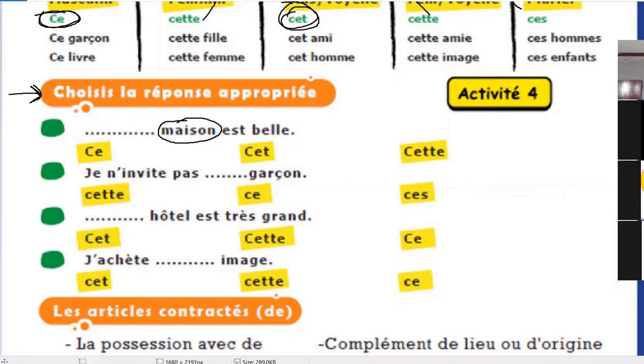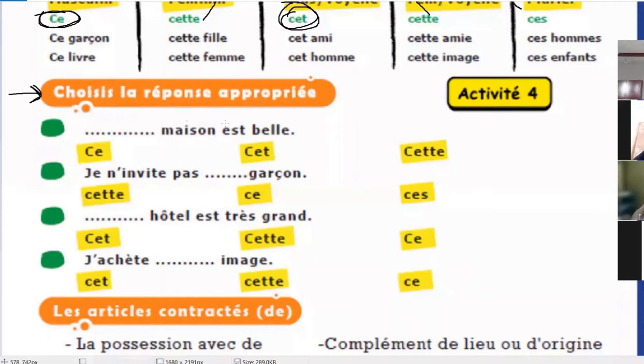Now tell me, house, maison, is it masculine or feminine in French? Do you have any idea? Yeah, so this is the biggest problem. If you don't know, you are in problem. But Abdul told everyone that it is feminine. Now if you know and if you remember for a long time, for every time, then it is very good. But if you forget again, then it is very bad.